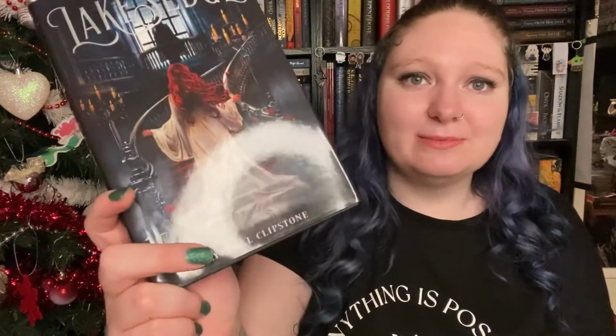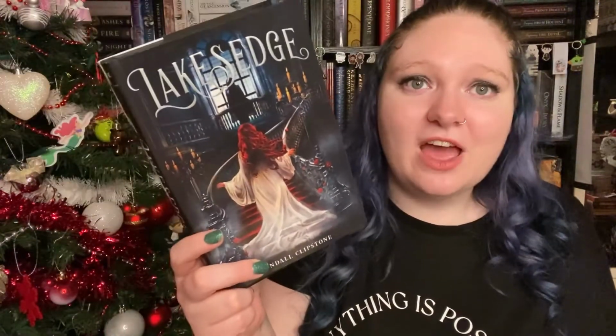And then the last 2 were 2 that I actually knew about because I had actually ordered them, and my mum just gave me the money for them and then put them away for Christmas for me. And that is the US cover of Lake's Edge by Lyndall Clipstone. When I got that Outcrate box a while back, the one I accidentally bought in my sleep, I was really hyped because I was like, oh, the US cover, and then they changed the cover completely. But this is the cover I wanted because it is an absolutely gorgeous cover and it's very reflective, and I'm obsessed with this cover. And then, because I don't like the UK cover with that white and blue,